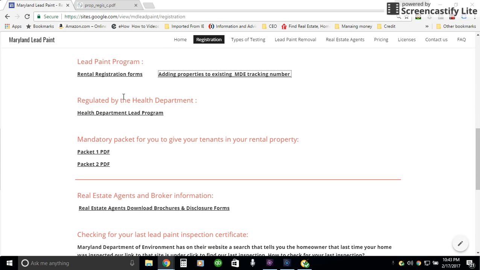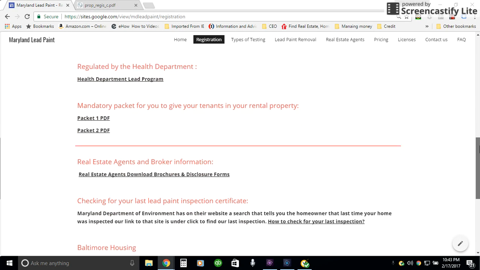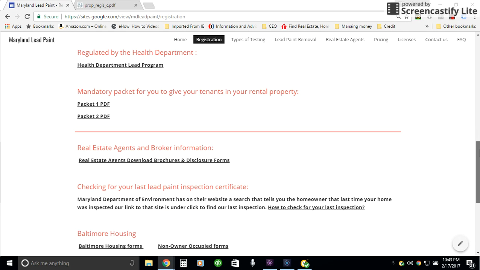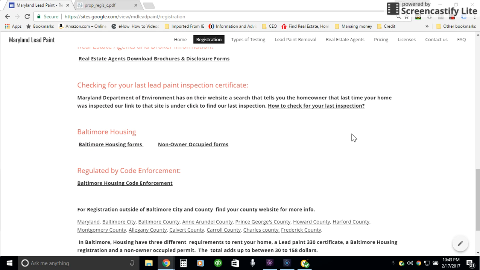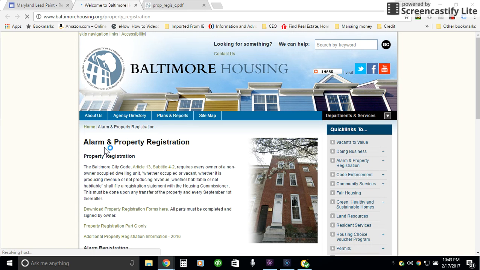Okay, so the lead paint program is regulated by the health department. If you want to know if you had any previous problems, you can call them and ask them. They should know. Okay, so you scroll down, and the second registration you're going to need is the Baltimore housing registration, which is regulated by the Baltimore code enforcement. You click here on the Baltimore housing forms, and it'll direct you to the Baltimore housing